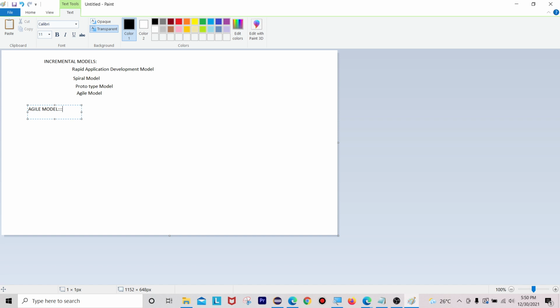Agile model's first advantage: it guarantees more customer satisfaction because working software is delivered within a shorter time. Also, it saves money and lots of time. It requires very little documentation, and regular feedback from the customer results in a more quality product, which is a trustful product from our end.